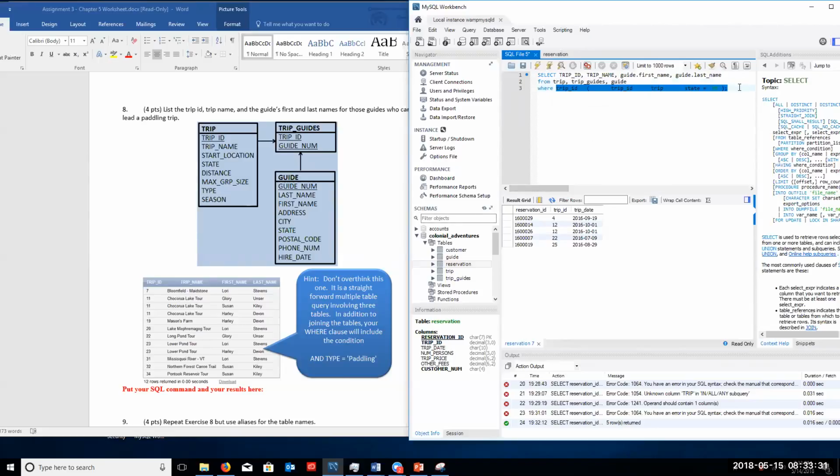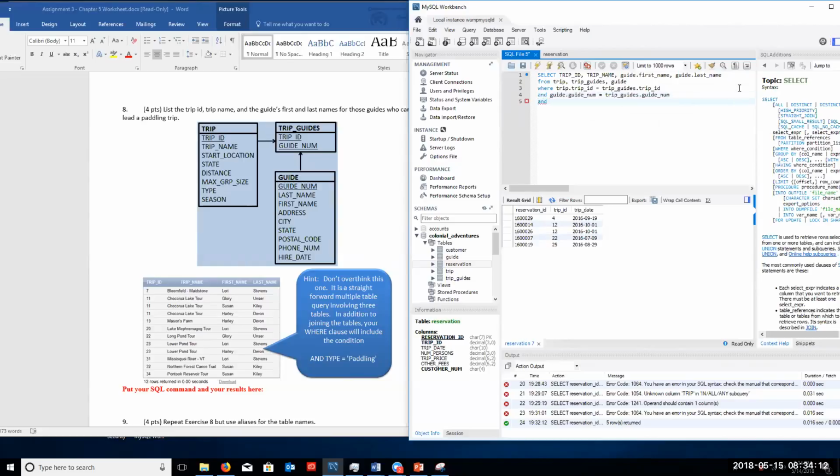Where, so let's see how they're connected. We know the trip table is connected to trip guides using the trip ID. So where trip ID equals trip guides dot trip ID, and we know that guide number is connected to the trip guides table. So trip underscore guides dot guide underscore number,